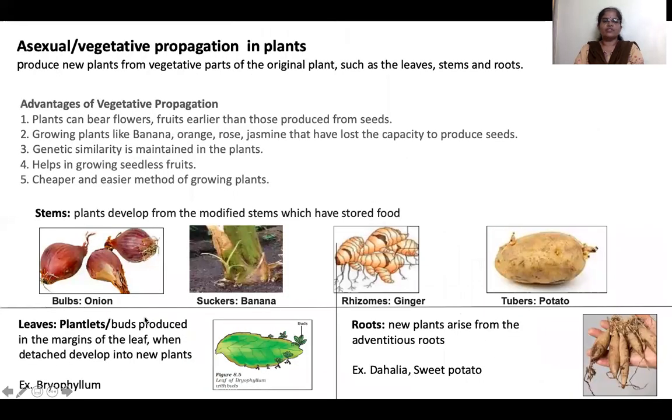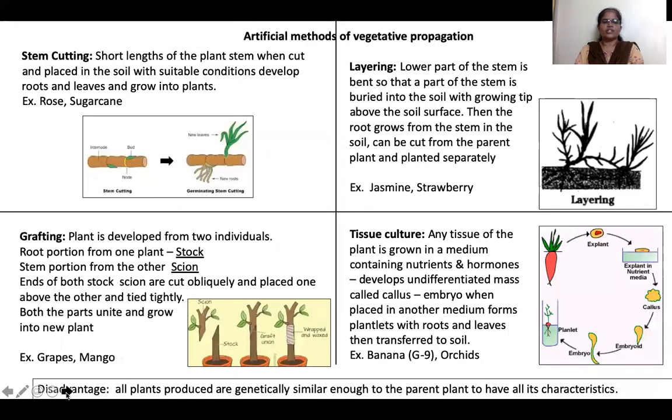Previously we saw this with natural methods of vegetative propagation from stem, leaves and roots. These are the natural form of vegetative reproduction, whereas these are the artificial methods of vegetative reproduction. These are done by humans. Okay,